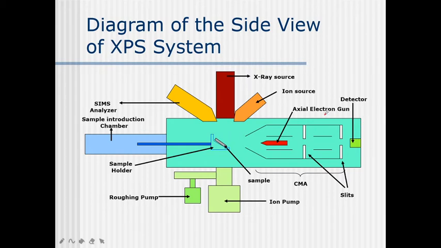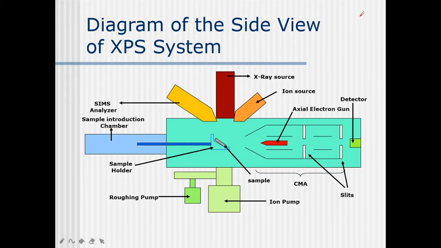Now there is an axial electron gun. Once the X-ray source and the ion source fall on the sample, the axial electron gun detects the ejected electrons and then takes them to the detector. Now there will be certain slits through which the electrons will be moving. There is an ion pump and a roughing pump. That means to control the amount of X-rays and ions getting introduced in the chamber, roughing pumps and ion pumps are used. So to understand how XPS technology works: